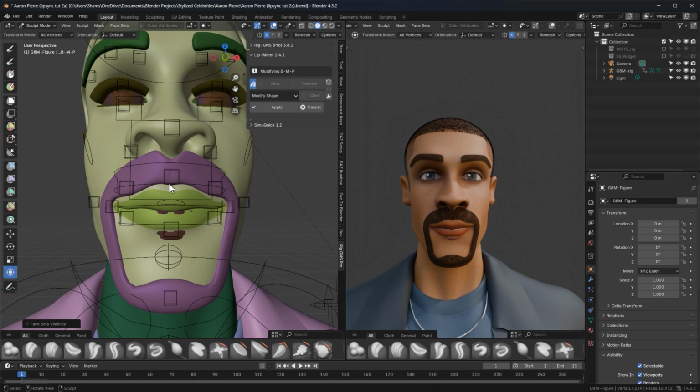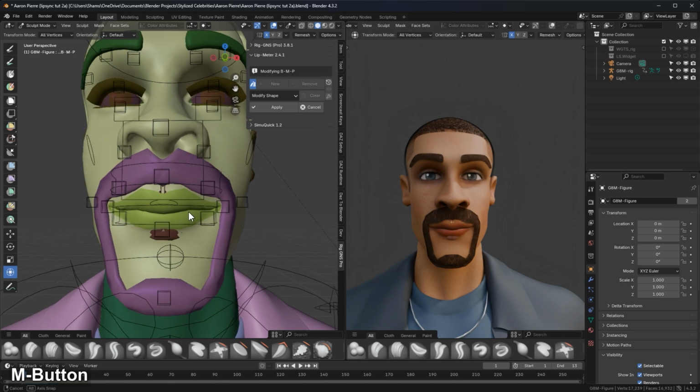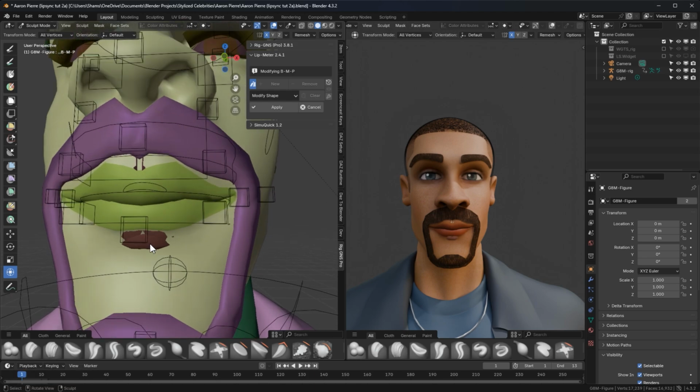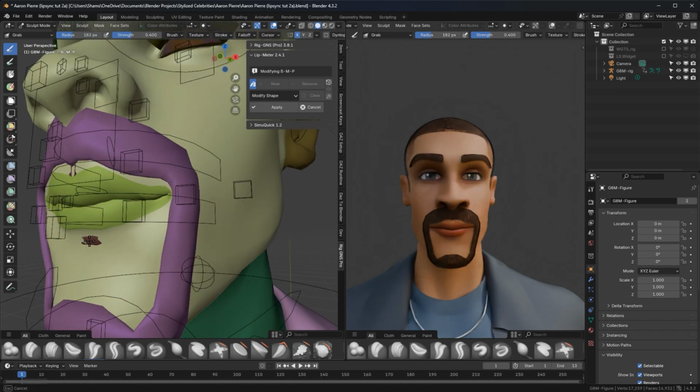When sculpting, sometimes the subdivision modifier can slow things down. If that happens, you can temporarily disable it using this button, and you can enable it back again as you make the adjustments. Now let's fix the poking issues in the mouth. I'll press G for the grab brush, then press F to scale the brush up, and then I'll pull out this region of the mouth.